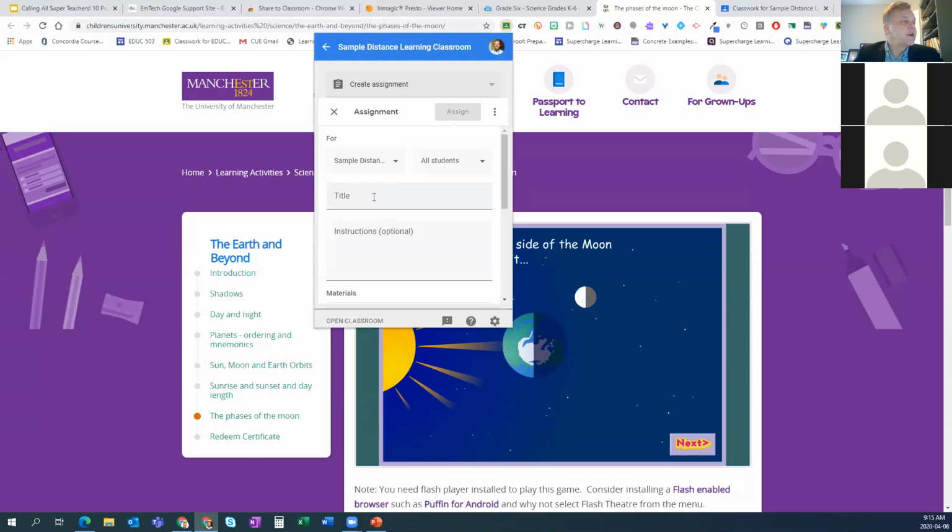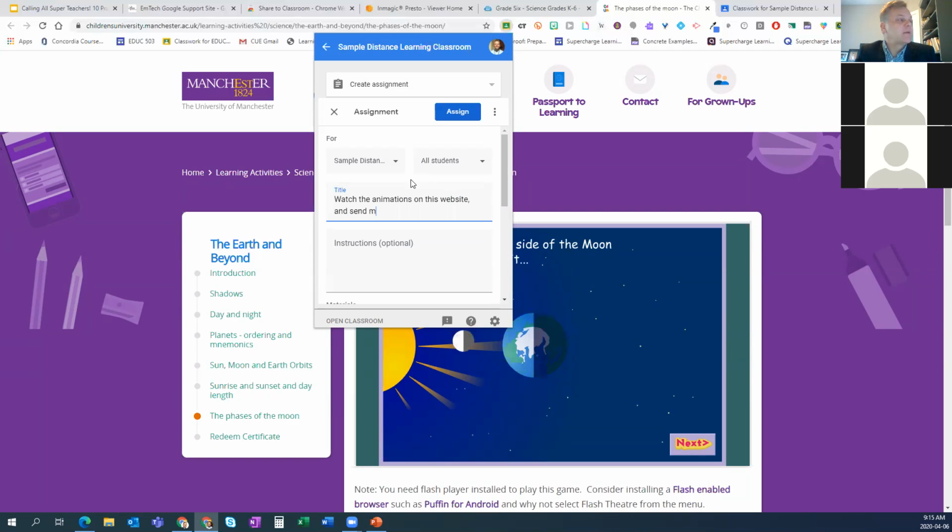And I'll put it in here and I'll say, watch the animations on this website and send back 3 key ideas in a Google Doc from the website that you learned. Not the greatest prompt, but let's imagine it was pretty good. All right, so what I can do right there is I can hit the assign button, and right from here,